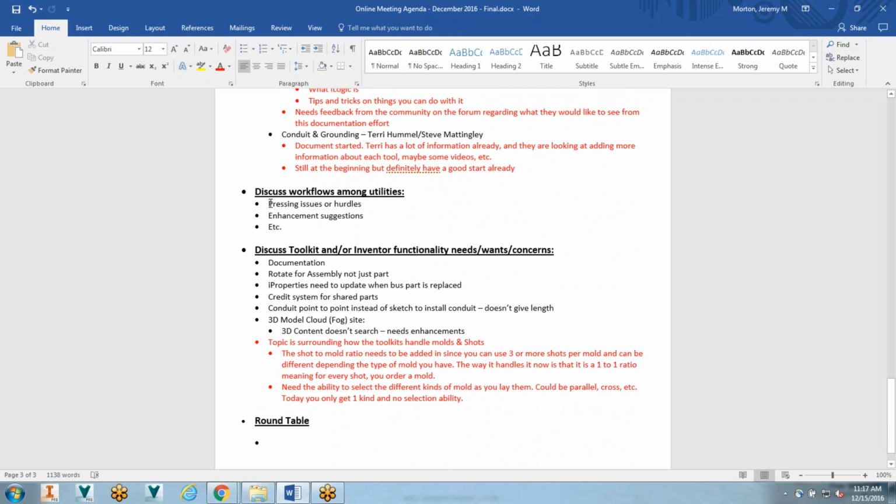So next is discuss workflows among utilities. So any pressing issues or hurdles, enhancements, suggestions, etc. I'll start off. I'm going to go down the list of them at the top. So here at Duke Energy, we went through that whole re-implementation. We're finally coming up on first quarter of 2017, turning a new production vault over to the enterprise